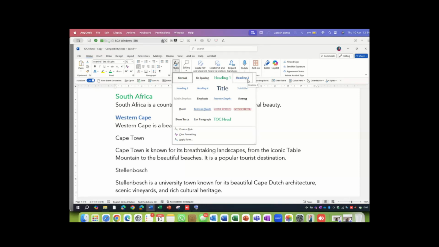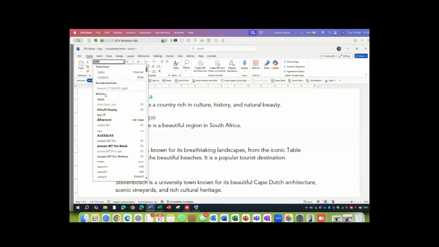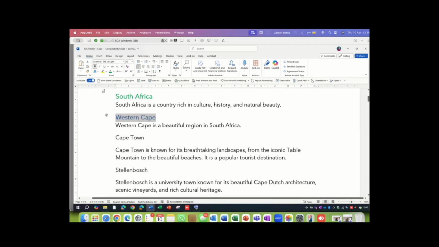And obviously it's going to take the formatting that is already the default formatting, as we call it. So I'm going to select this as heading 2 because I want that to be a little bit indented to show South Africa is the country and Western Cape is the region. Once again, I'm not too happy. Let's stick to the blue. But we definitely need to change this to Avenir because we need to meet the exact formatting style. And also quite intelligent of Microsoft Word, the next level is now 13 and the third level might be 12, I suggest. I think it's going to be like that.